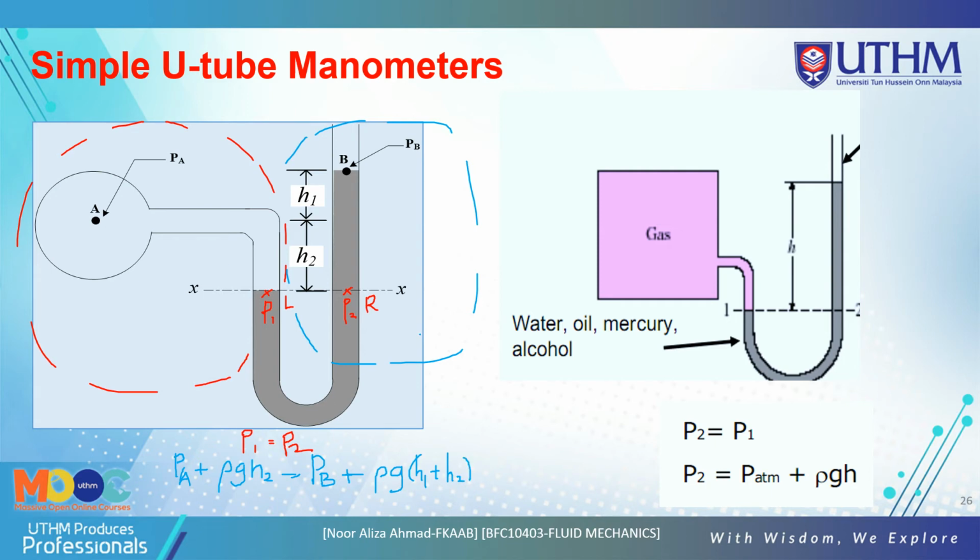Okay, so this is the concept for U-tube manometer, simple, because they only have two fluids. They have one fluid here and one fluid here, the two fluids. So this is called a simple U-tube manometer. Now we look at figure 2 here. They also have the same level here, so use the